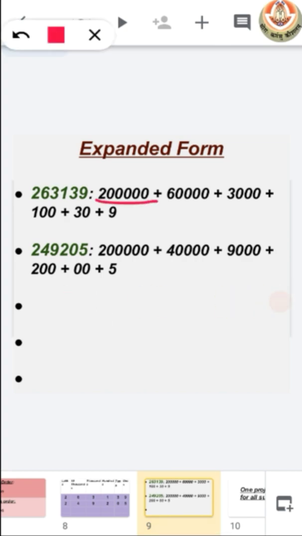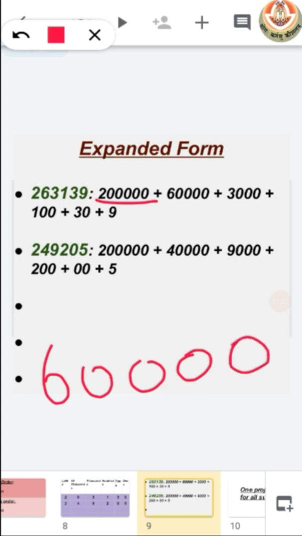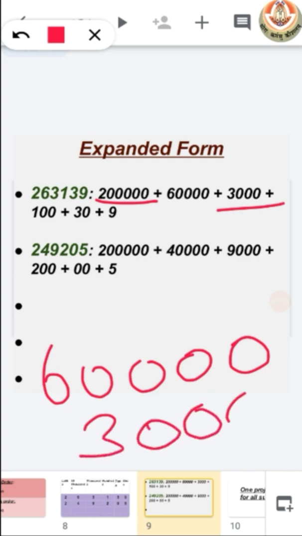Then for 60,000, we have 4 zeros after 6. For 3,000, we place 3 zeros after 3. For 100, 2 zeros. For the tens place, we place 1 zero. And for 9, there is no zero.